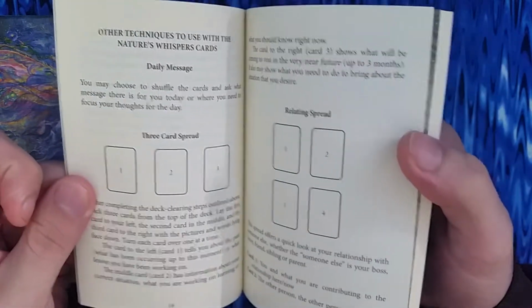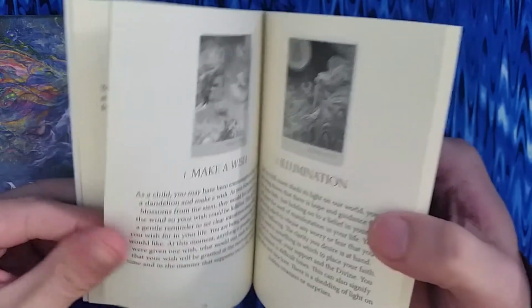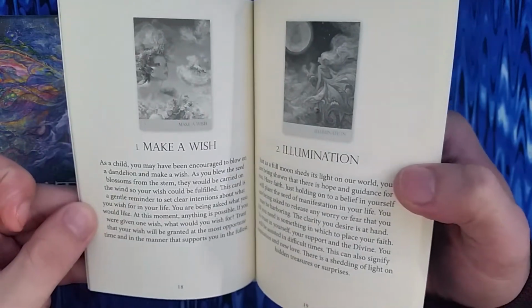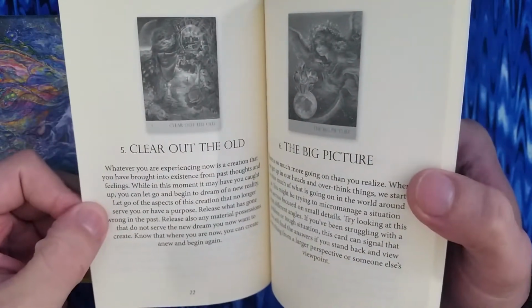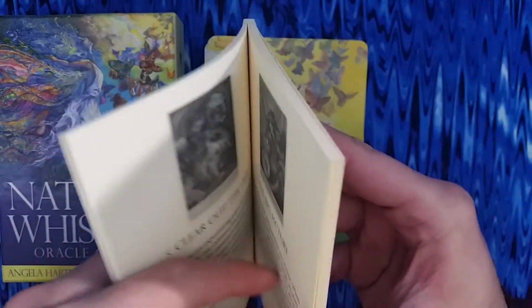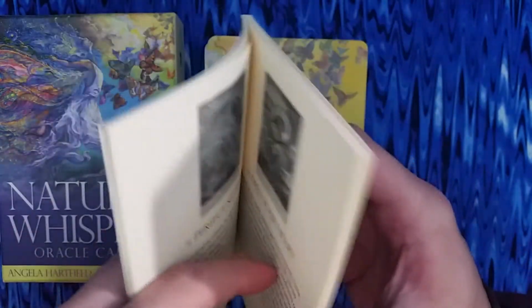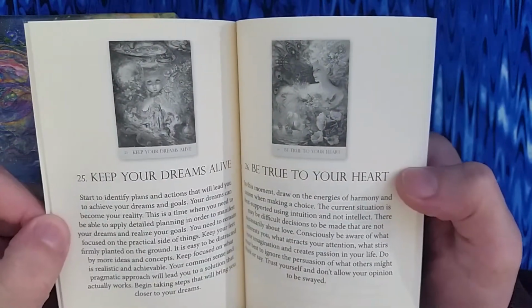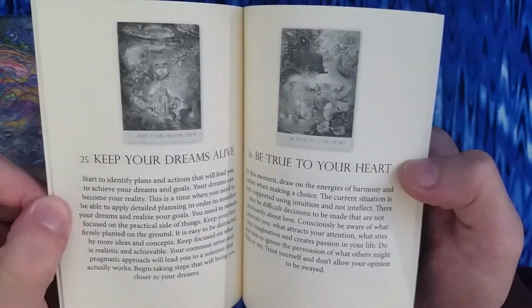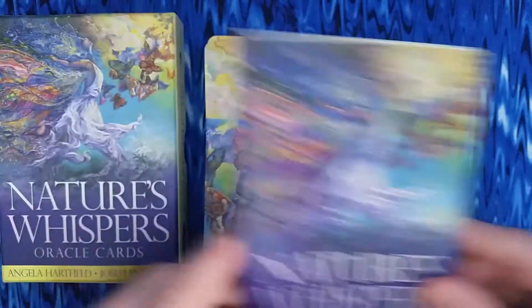Then it goes into a few spreads, which is not really important to me in an Oracle deck. I don't really need spreads. And then it goes into the meanings behind each card, and it gives a little paragraph. And these actually do come in handy, as I'll explain why in a moment. So it's a pretty good book. It's going to give you all the information you need to read this deck, so that's great. If you want to pause and see what kind of information each card has, you are free to do so. Cool, that's the book, and that's the